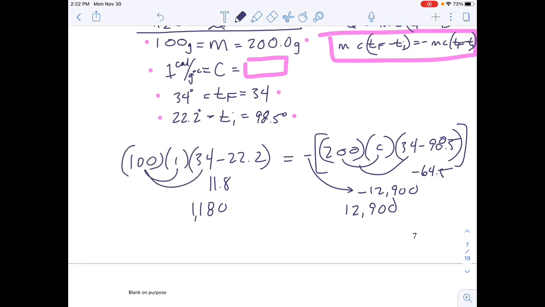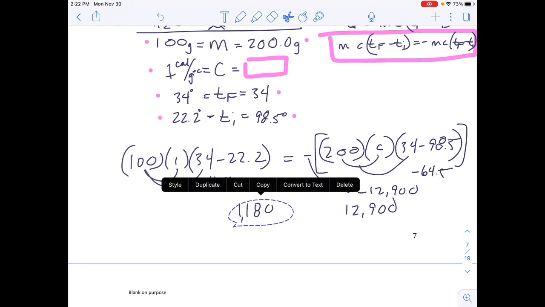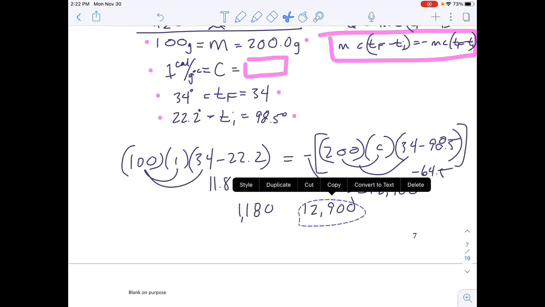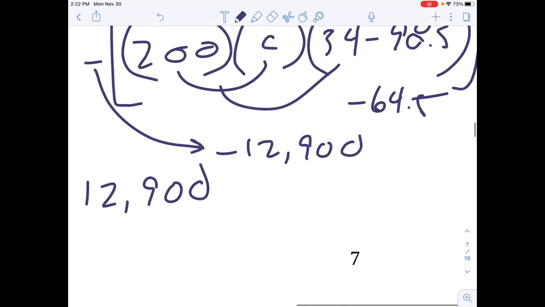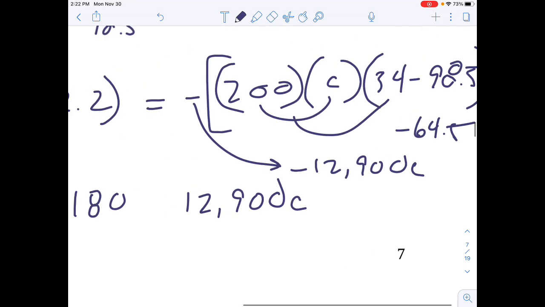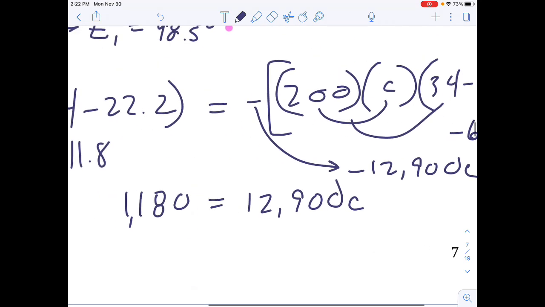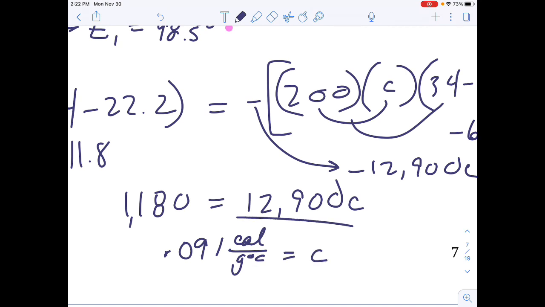I can kind of zoom that out. So here are the two sides of the, oh, I lost my C, sorry guys. This will be C, this will be C, this will be equal to each other. I got to get rid of that, so 1,180 divided by 12,900 gives me 0.091 calories per gram degrees Celsius, and that is equal to my C. Now I can take that number, compare it against known specific heat values, and I can determine what metal I actually